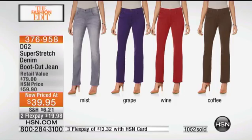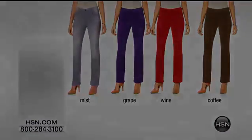Also available, and I do want to talk about my boyfriend's sweater because I'm so crazy excited. I thought you wanted to talk about your boyfriend, and I was